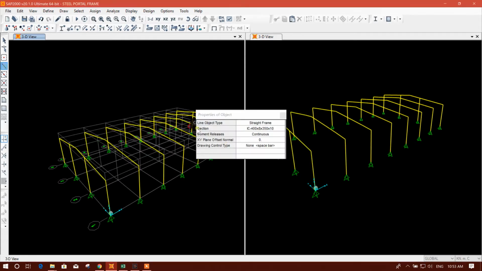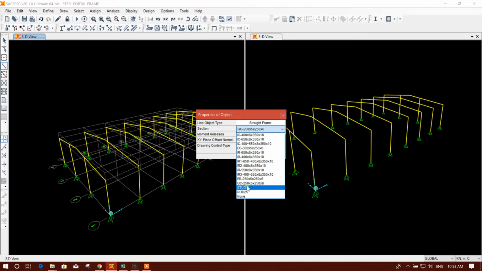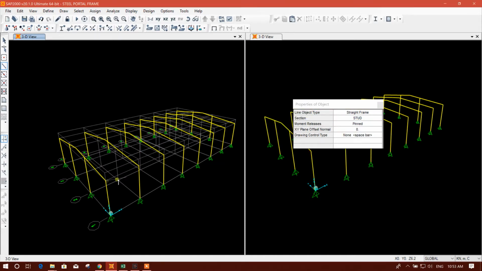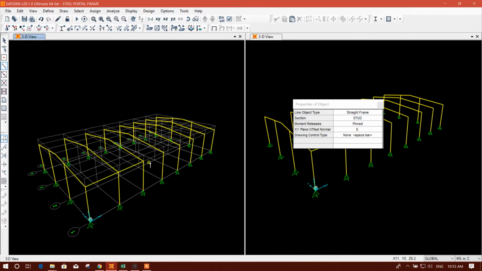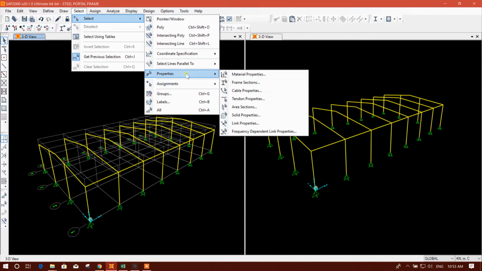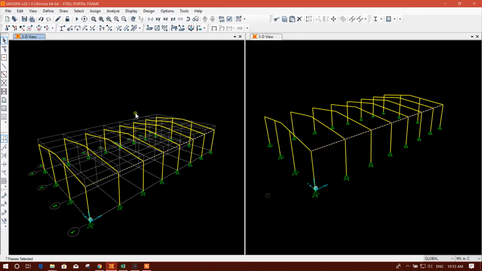Now click on this, then go to stud section, and this moment release will be pinned here. Like this. Now I'll select the properties, frame section, stud, select, then I will replicate,